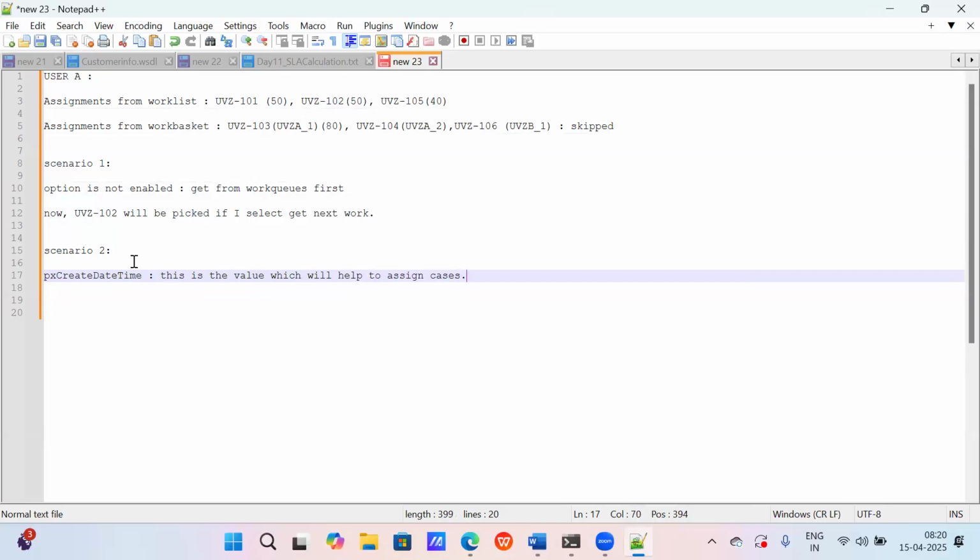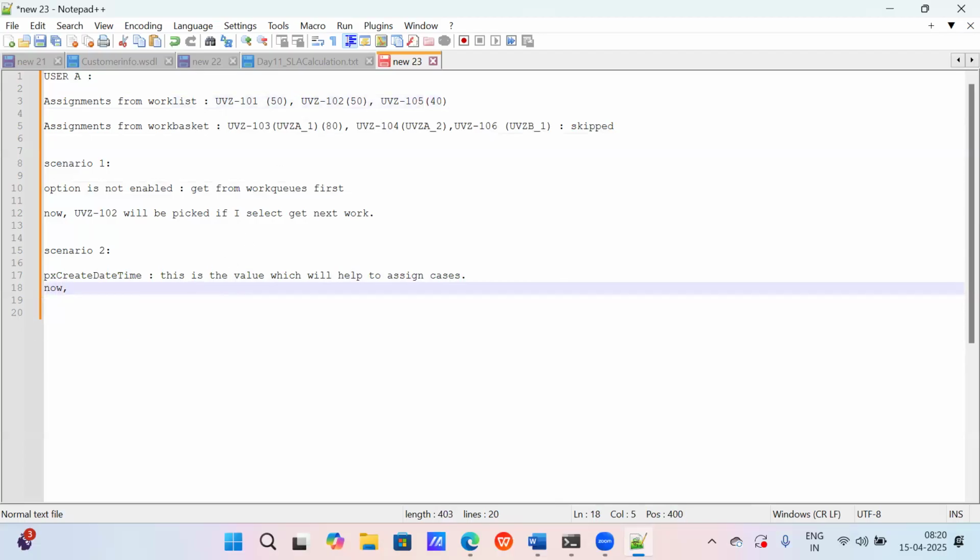So if you see, for this one we have PX create date time, for this one we have PX create date time. For each and every case, we'll be having PX create date time. So the one which is having the older PX create date time will be picked up. So in this case, 101 will be picked up. Clear?